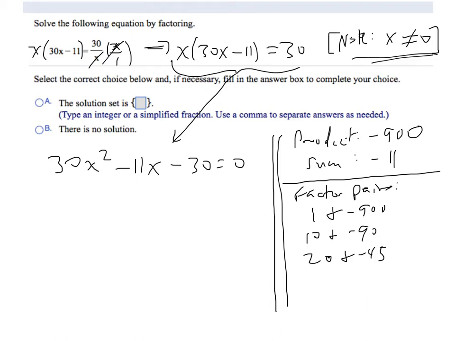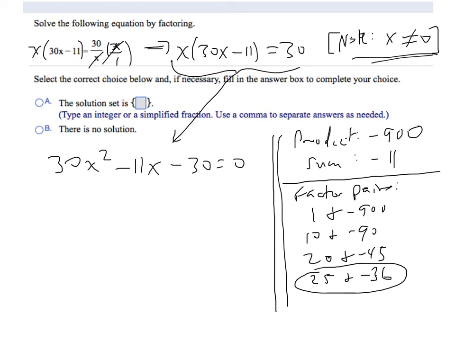I think the next number that's divisible by 900, now it's not so obvious, but 25 and negative 36 would be the next ones I'm going to hit. And that actually does what it's supposed to do. Another little